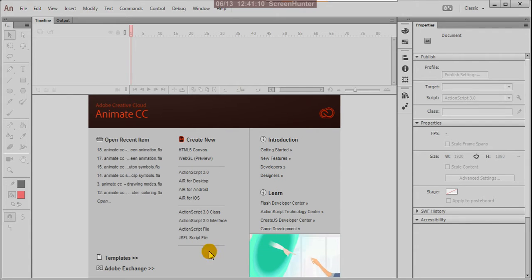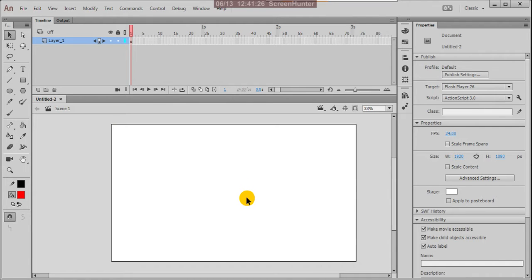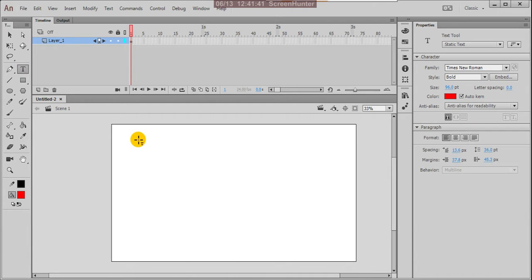Hi, today I'm explaining about motion tweening in Animate CC. Okay, have to start. Before classes, we already finished the other tweening animations, shape tweening and classic tweening. So today I'm explaining about motion tweening. For the motion tweening, first write that heading.